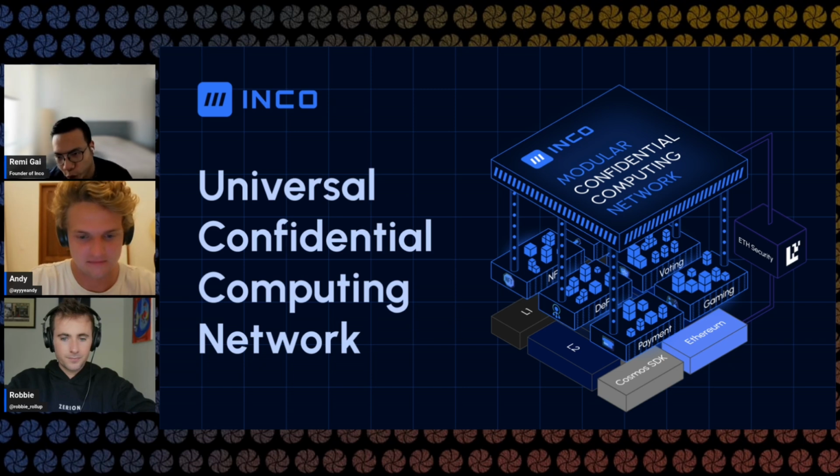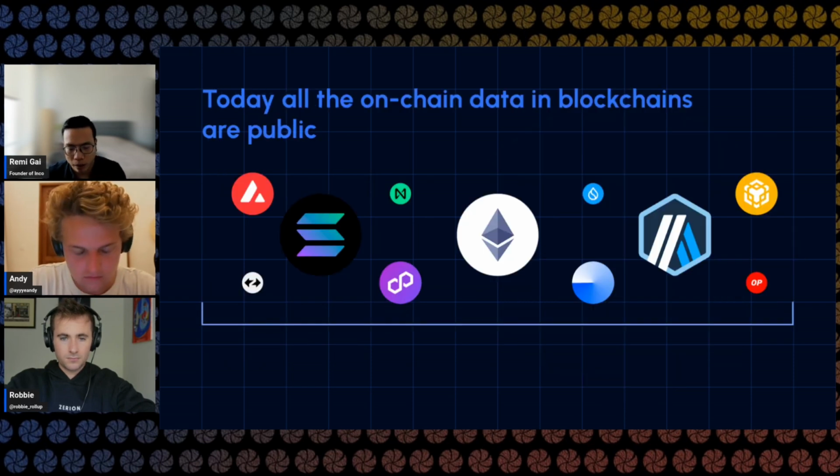Yeah, absolutely. So, from a high level, I'll introduce the problem we're trying to solve here, but also what FHE is. And then towards the end, I can go more towards the use cases, because ultimately, for anyone building infra, what truly matters is, what can people actually build with this, right? So what we're building is what we call the universal confidential computing network. And so the problem we're trying to solve is, today, all the layer 1, layer 2s have one thing in common. They're all transparent databases.